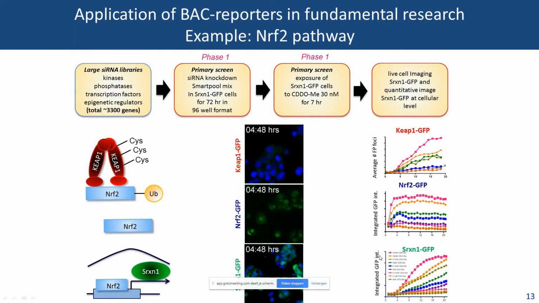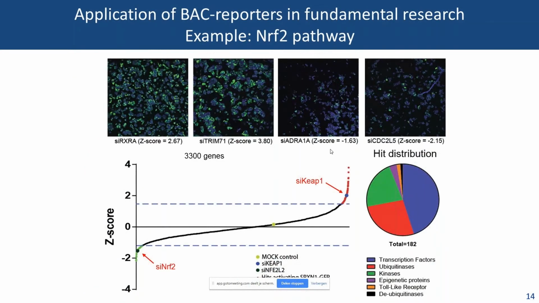And we determined the whole dynamics of the sulfiredoxin to really see if the knockdown of a certain gene had affected the NRF2 pathway. And actually, to our surprise, we found that over 180 different genes significantly affected the sulfiredoxin